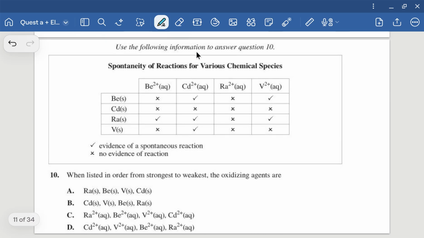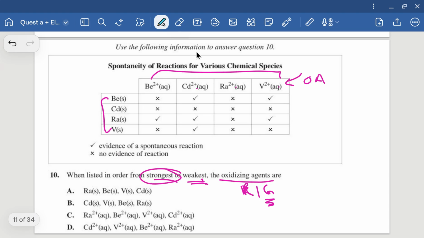All right, so this one almost looks like we're going to make a redox table, but we don't need to. When they're asking for the strongest to weakest of your oxidizing agents, they undergo reduction. So when you're looking at what will gain electrons, your positive charges would want to gain. So the top part here, these are your oxidizing agents. If it's asking from strongest to weakest, if it's strongest, you would look down this column and which one reacts